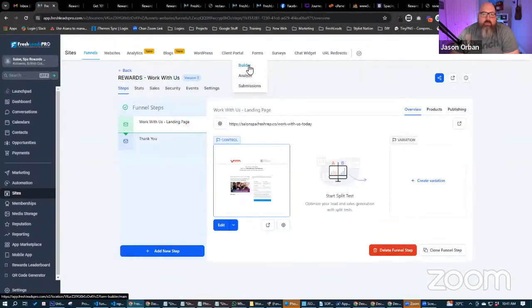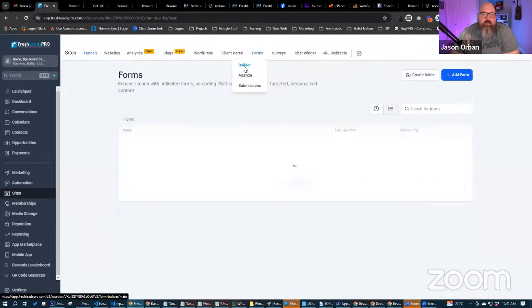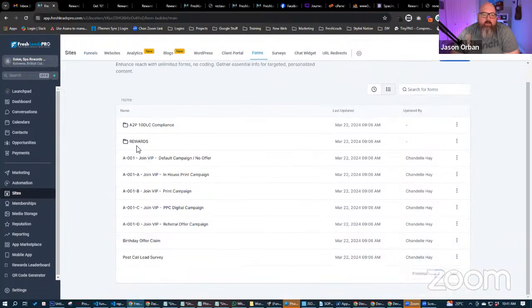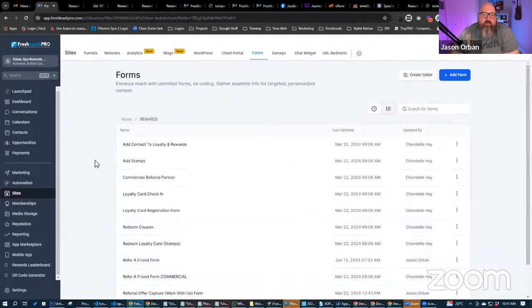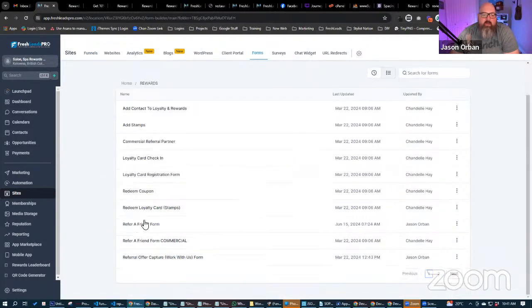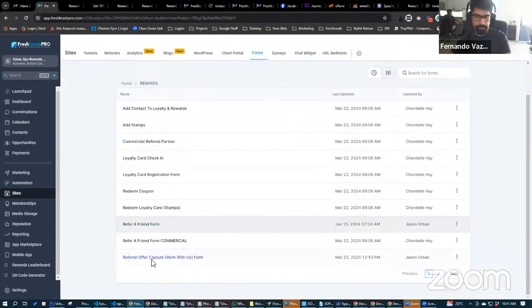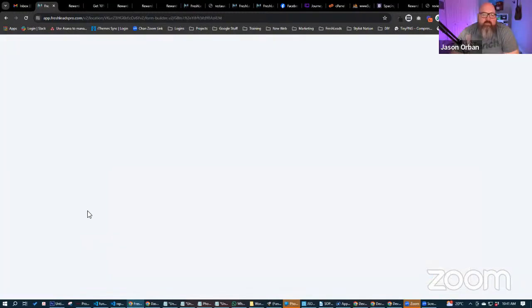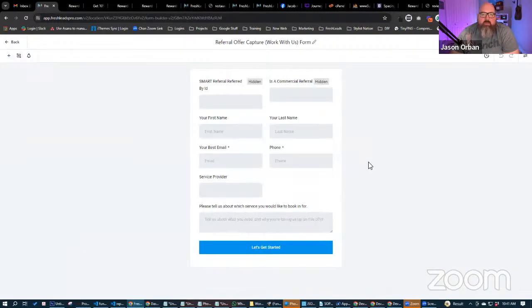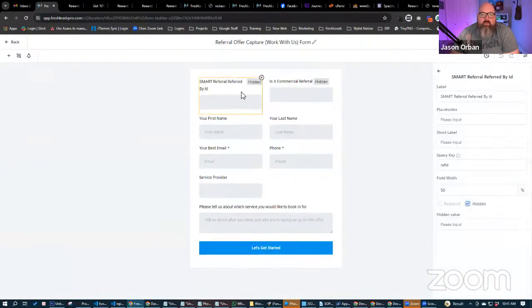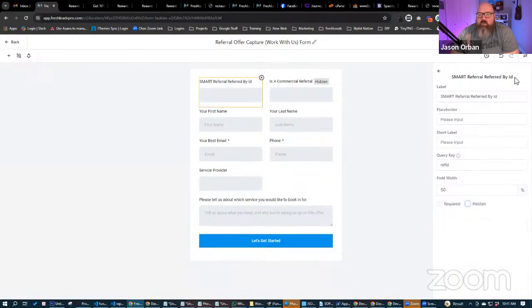Forms, form builder. There we go. Then we go under rewards. And then we have the referral offer capture work with us form. Okay, I'll just unhide those. Not, you know what, maybe I'll just leave. So this has got the referral ID here. This is a little bit different than the one you have installed